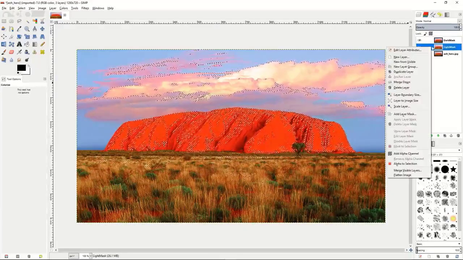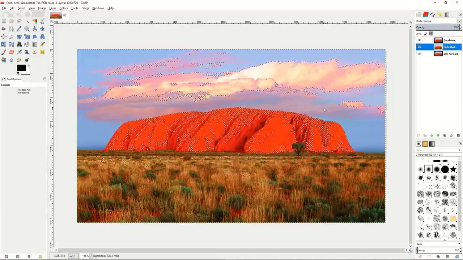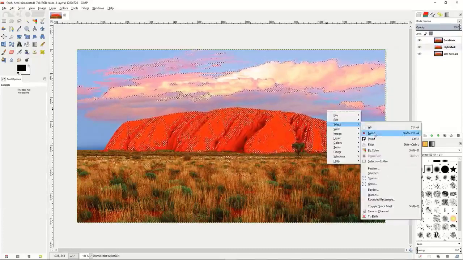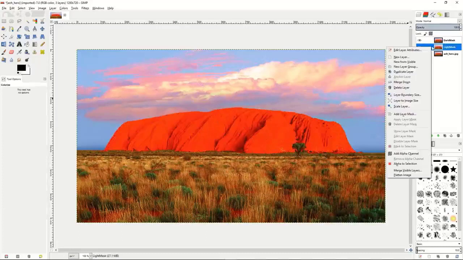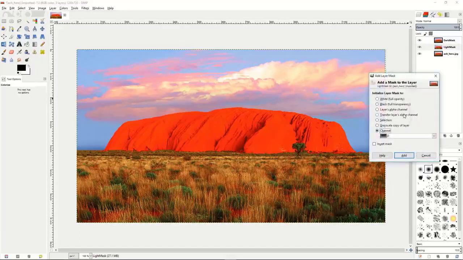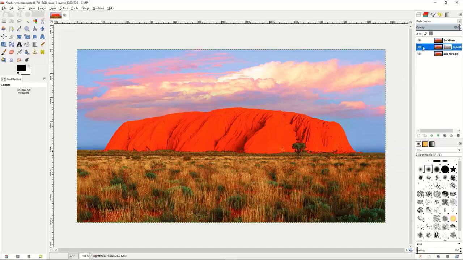And then for the light mask, we'll right click and then make sure that your selection is none. So we'll right click on the light mask, click add layer mask. Instead of normally making it white, we'll set it to channel. And you can see under our channel, we actually have all of our different channels here for our shadows and our highlights. So if we go to our light channel, we can add that, and it will actually change it